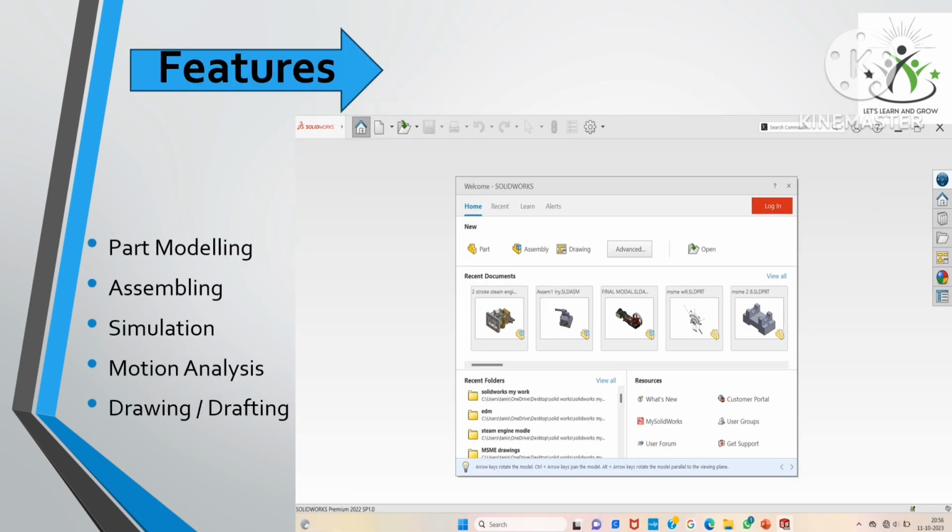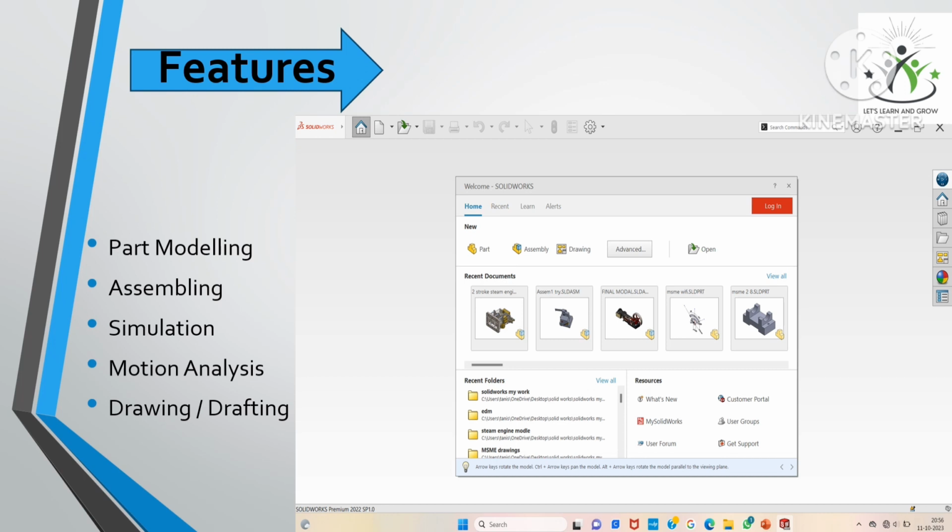Next, features. The features are part modeling, assembling, simulation, motion analysis, drawing and drafting. In part modeling, we design a simple part or 2D part, and in assembling, we assemble the parts that we have designed in the part section.